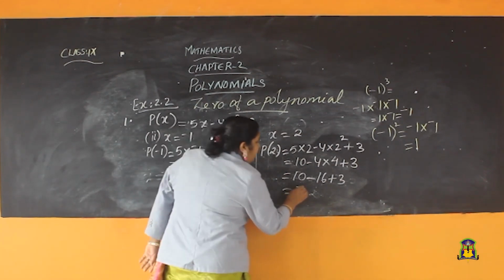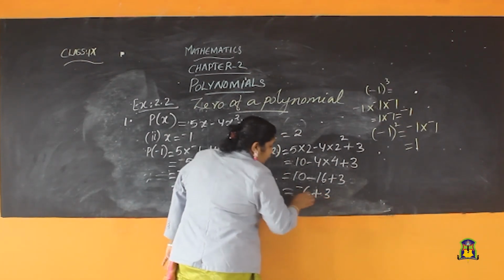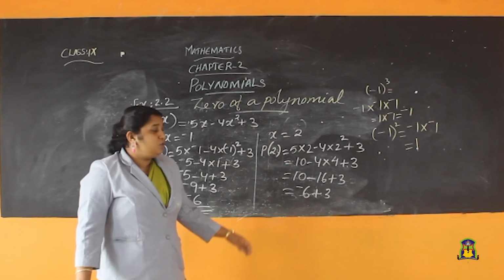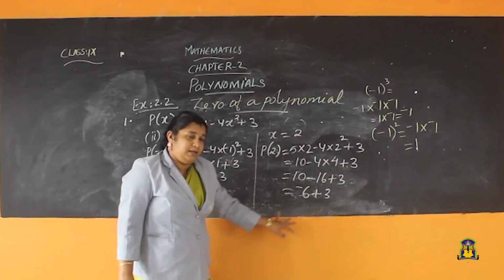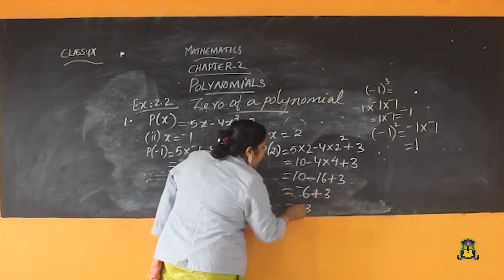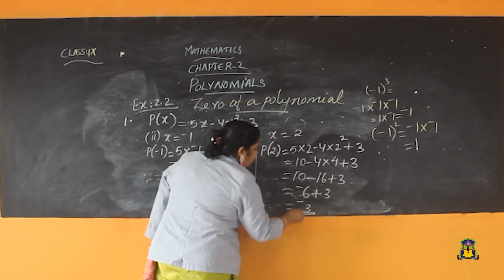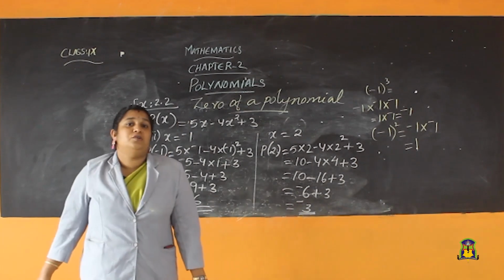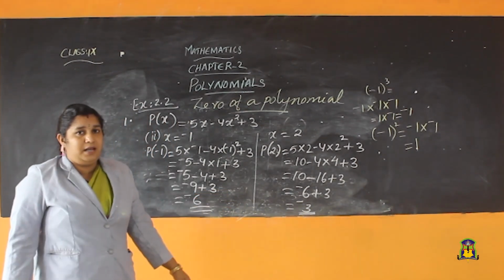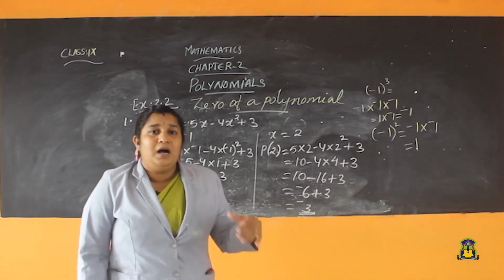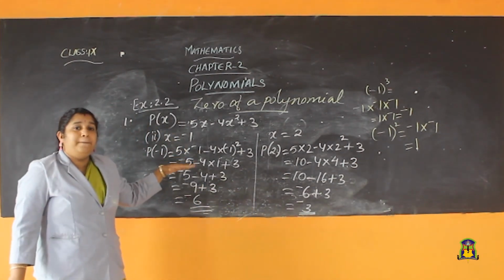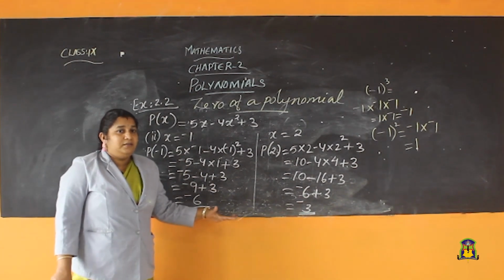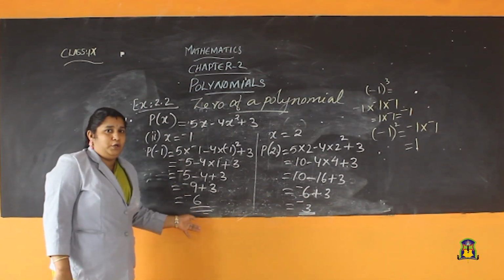What is that one? Minus 6 plus 3. Here also different signs are coming, right? So, we want to subtract and put the biggest number's sign. So, 6 minus 3 is 3, and what is the biggest number? 6 is the biggest number, so its sign is negative, so our answer is minus 3. Do you understand how I did this? Instead of x we apply the given value, then we will get a value for the polynomial.